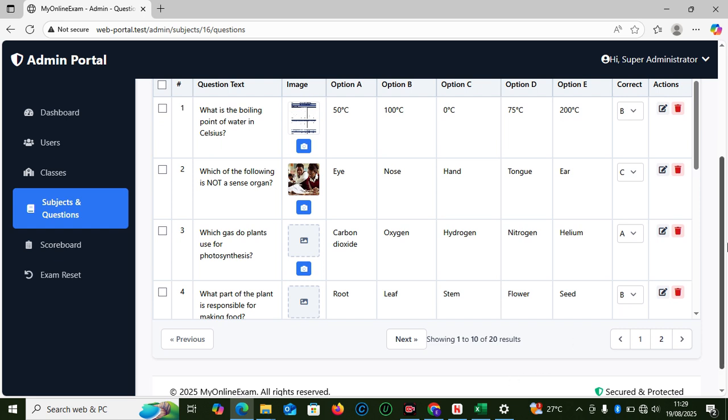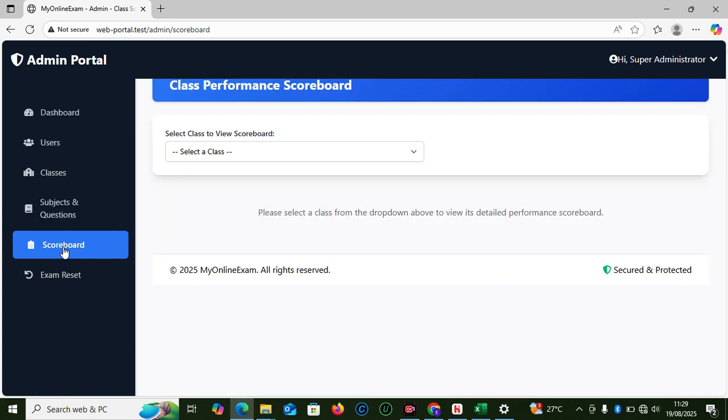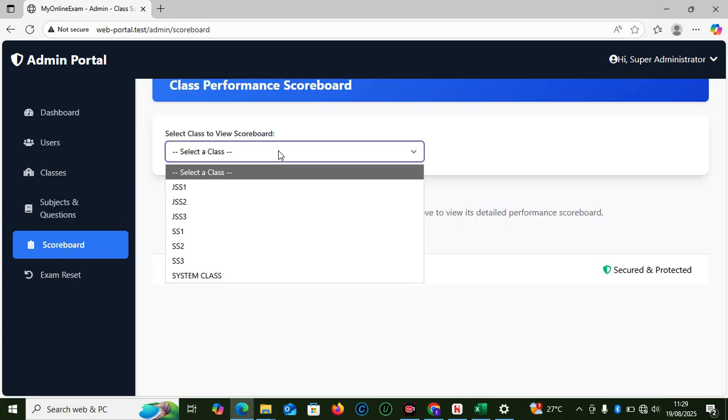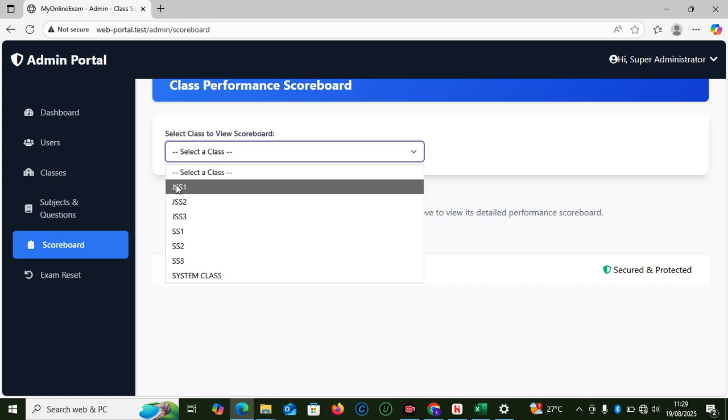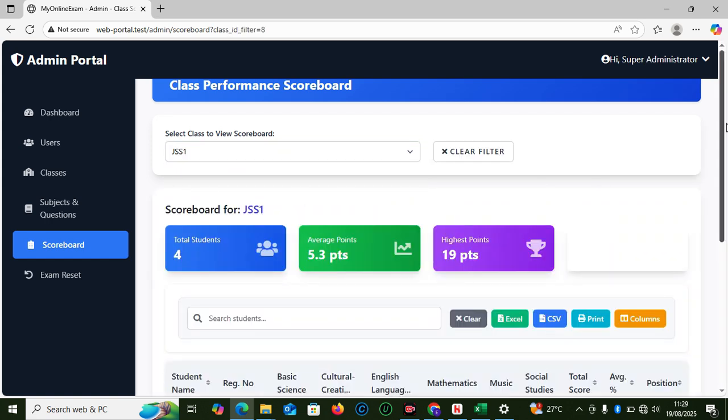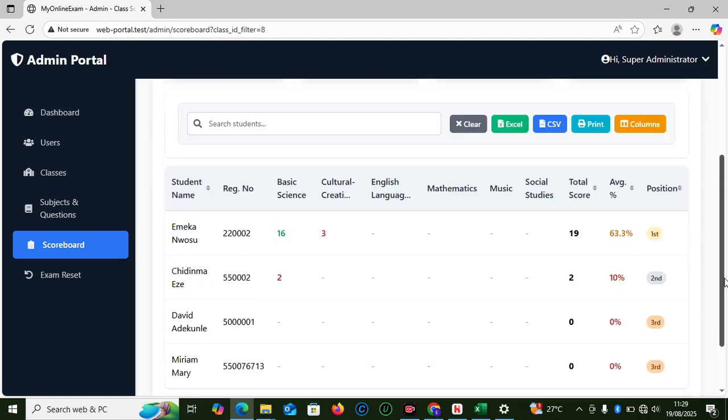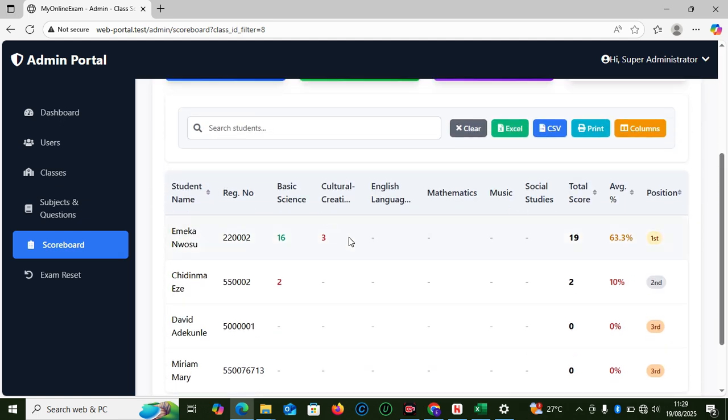So I think this is what, then here when you come here, like the scoreboard. The scoreboard is where you view the class summary of the exam. This is where you have the summary interface for all the exams that have been taken so far, the subjects that have been taken so far. You can see now this Emeka Nwosu, reg number, basic science, cultural science. You can see the English. So this gives you the real-time update of